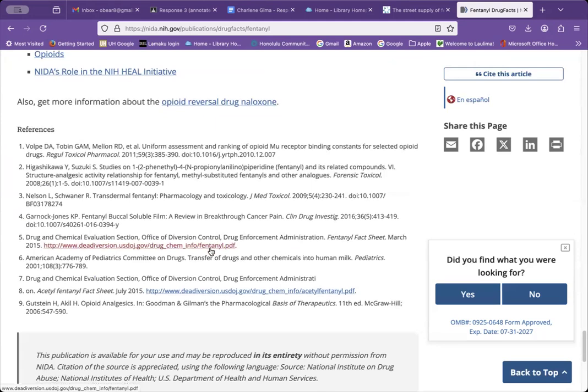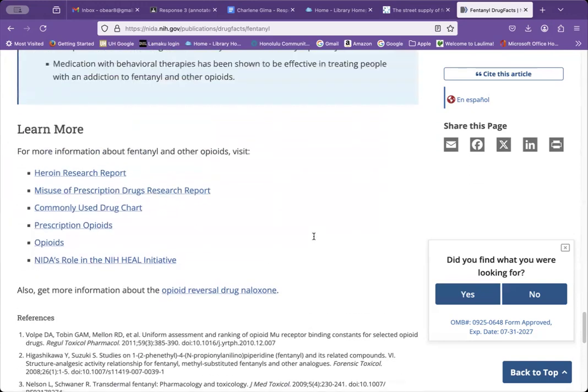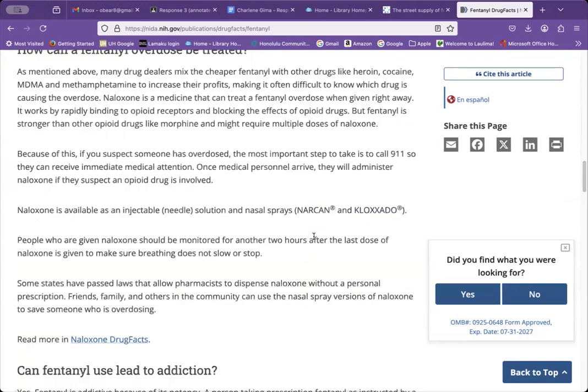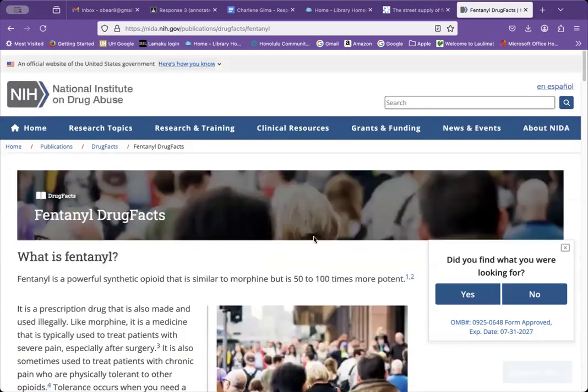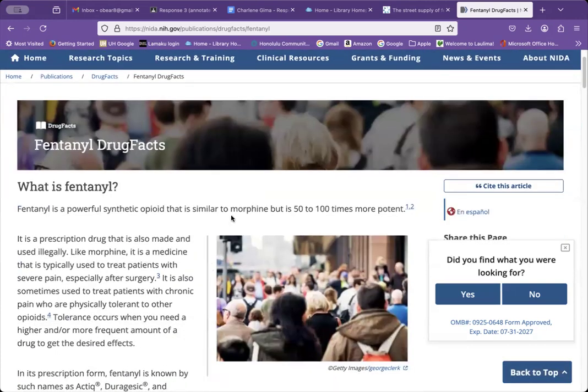It applies as well to any information that you might get from Wikipedia. You cannot use Wikipedia's article, but you can steal their sources, in which case it's probably more accurate than the article. Okay, so we're going to start with not Fentanyl Drug Facts, but this question of what is fentanyl, because